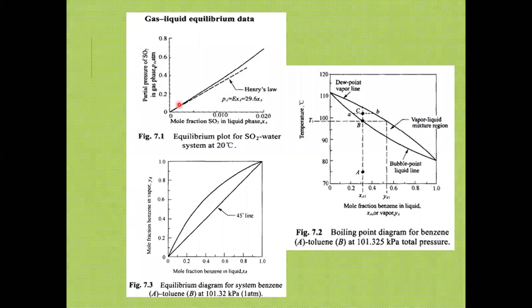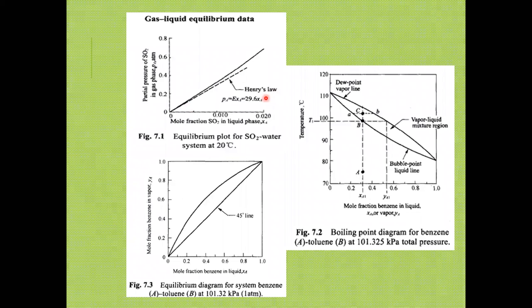Now, this is the curve that shows the actual relationship between XA and YA, and PA. Based on this curve, we linearize such a relationship. This PA can be converted to a YA by division with respect to the total pressure of the system, and that should be equal to the atmospheric pressure in most cases. In terms of approximating it or linearizing it to make the problem simpler, we have this particular line. This line represents Henry's law.